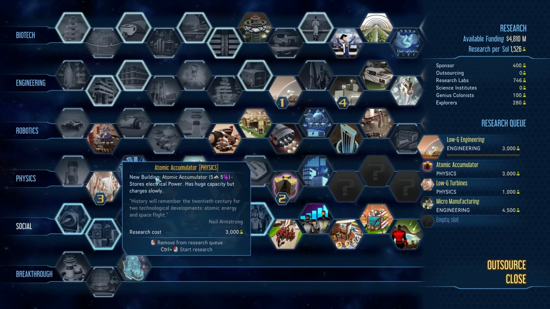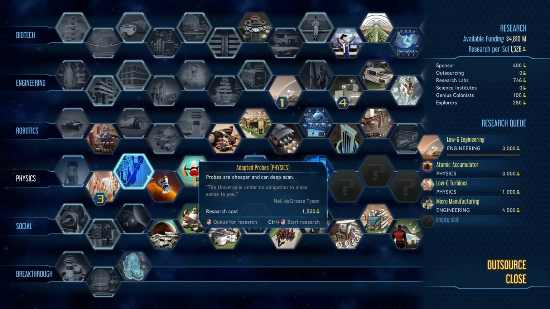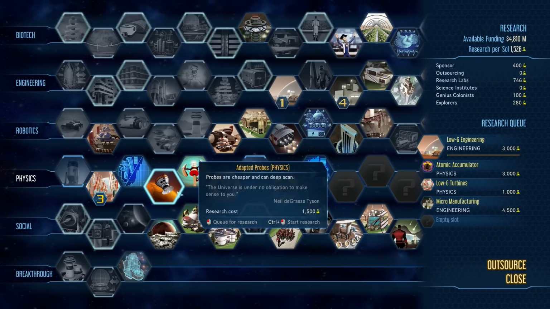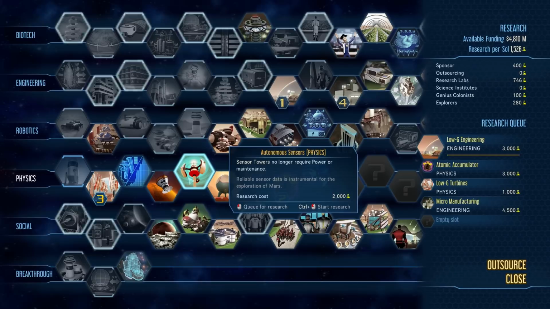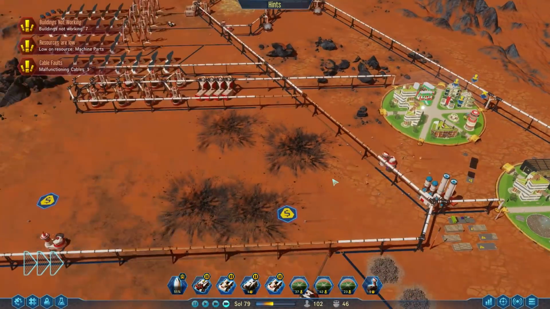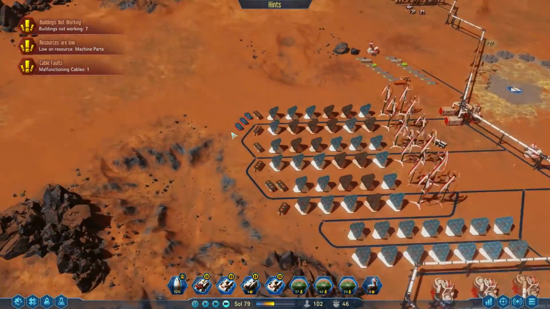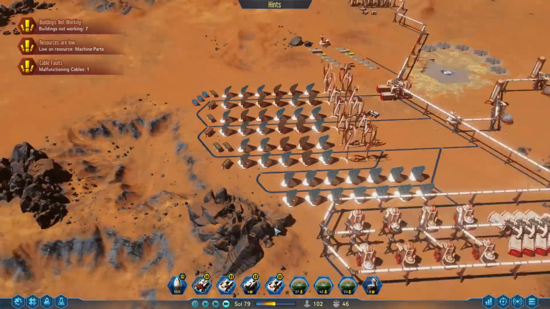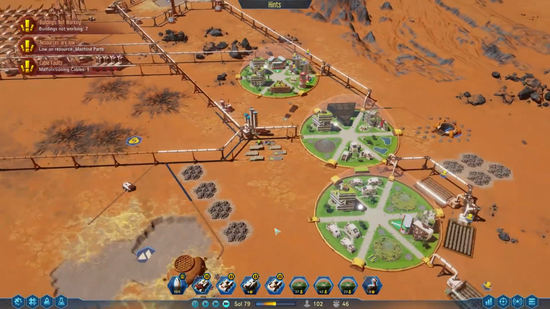And then we can also maybe go for upgrading the extractors. More power is going to be consumed, but that would give us more water production as well. Cheaper probes. Sensor towers no longer require power or maintenance. Let's actually do that. It's quite a cheap one as well. So we'll see how that plays out. It does look like the batteries are gradually charging there,